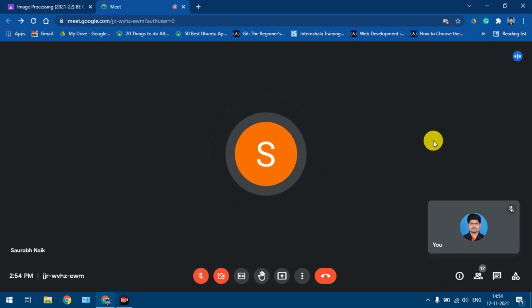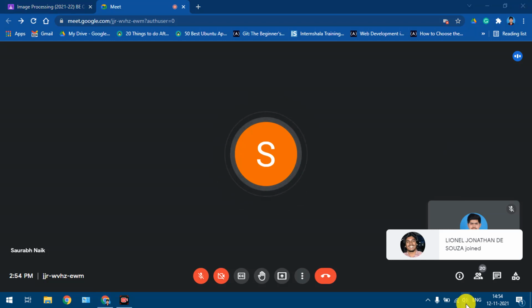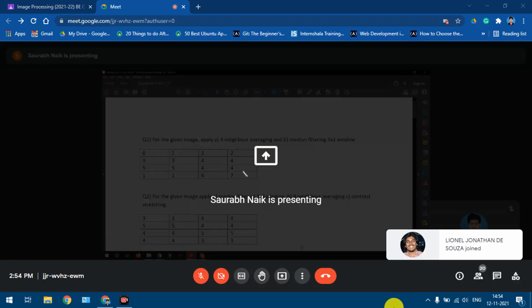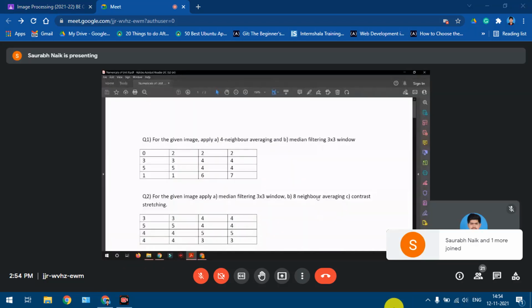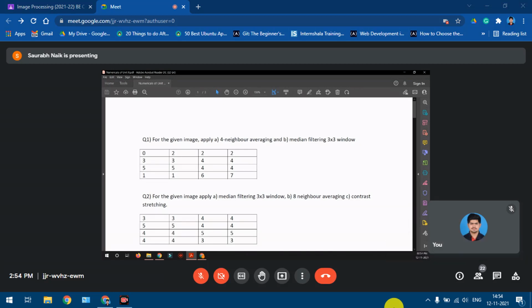What we'll do today is solve these practice questions that I had uploaded. These questions are from your previous semester exam papers. That is, each one of these questions has been asked in the previous semester question papers. So you have been given the image and you're asked to apply neighborhood averaging and median filtering in this particular question. These questions are usually asked for about